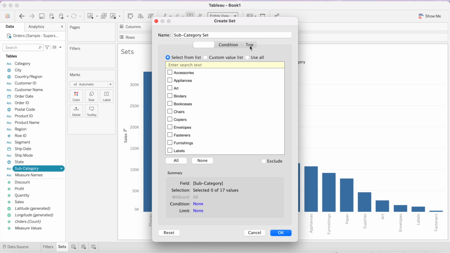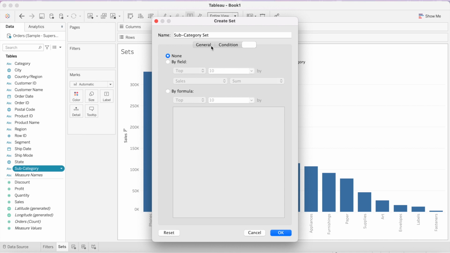Here we will select top from the options and we will select by field because we want top 5 subcategories by sum of sales. So this is the condition that we are providing, and let's rename this set as top 5 subcategories and click OK.